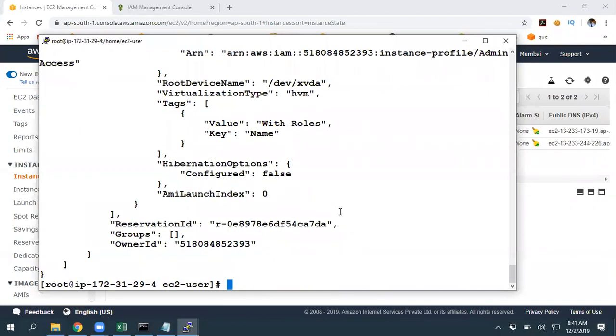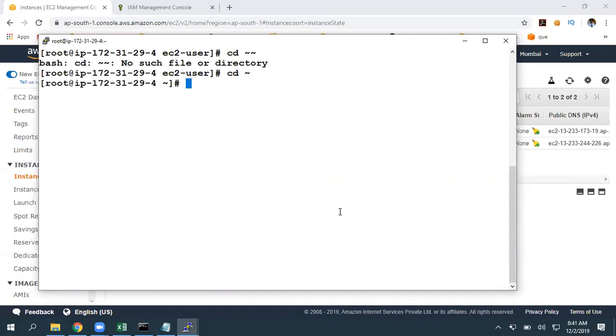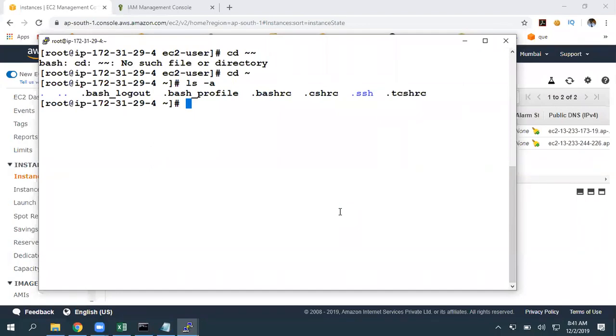So by using those roles, only then we are able to get the permission. Let's look into our home directory. Earlier, we had a directory called .aws, right? Now we do not have any directory with the name .aws. That means without storing any credentials in this machine, we are able to access the resources. We are not storing any credentials here.